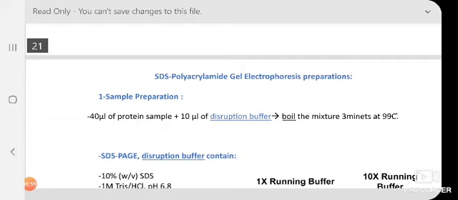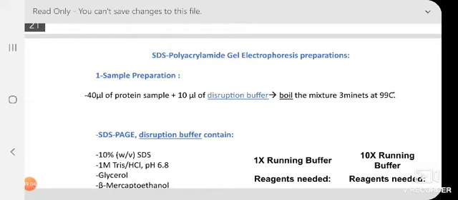Now here we will start with the preparation of the sample and the composition of the stacking gel as well as the running gel. So let us start with SDS polyacrylamide gel electrophoresis preparation. How are we preparing the sample? Sample means our protein that you are going to load. You take any measurement of sample depending on which system you are working with, maybe bacterial proteins, maybe animal cells, whatever. You need to use a buffer and then boil it. You also know that boiling, heating to more than 80 degrees temperature, definitely denatures the protein.